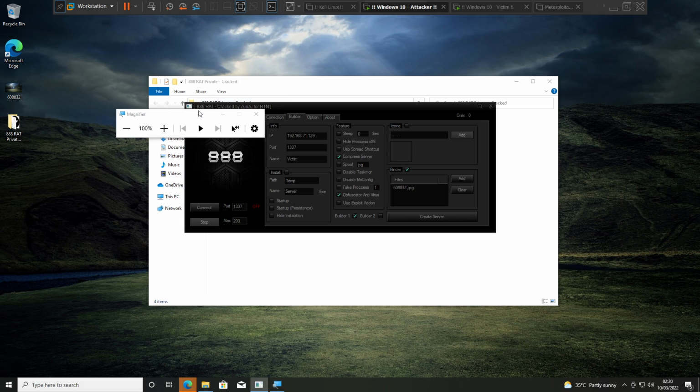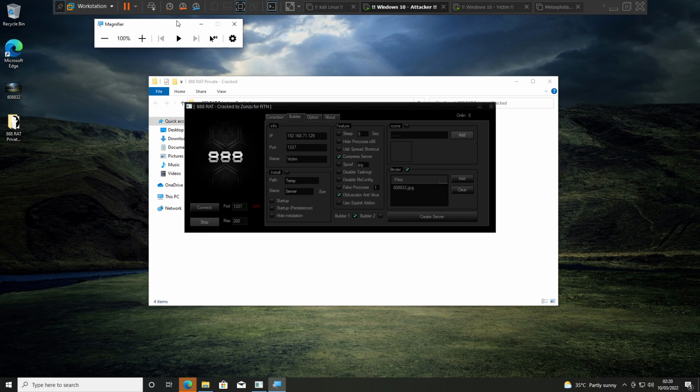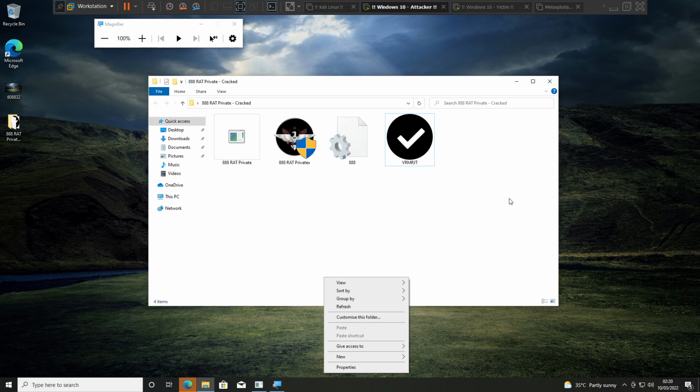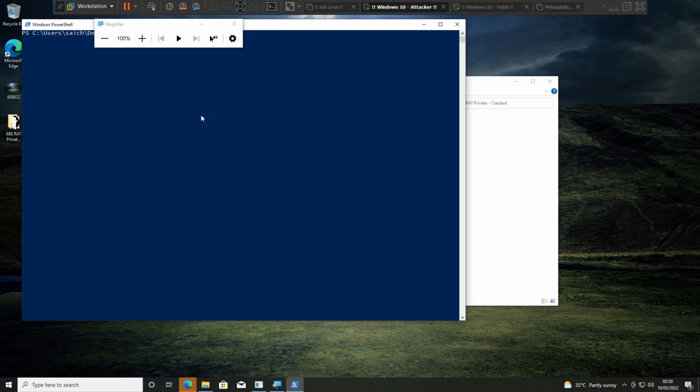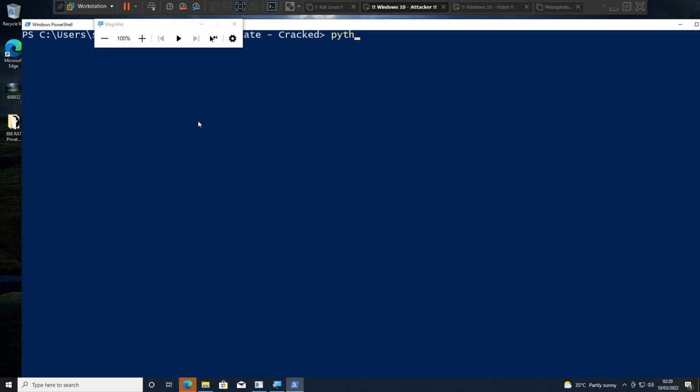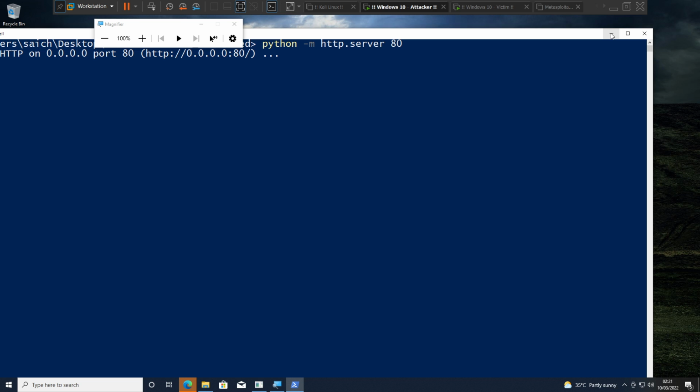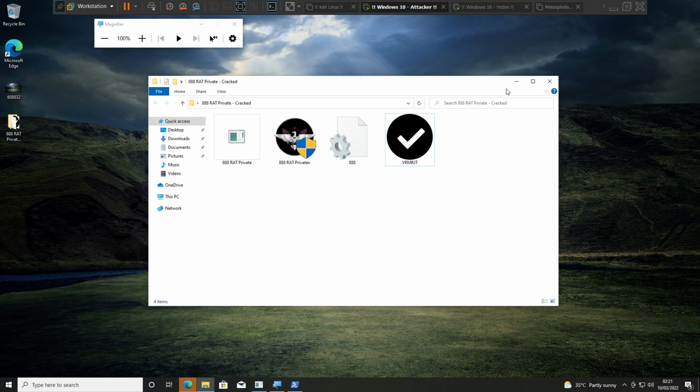But again, now remember the example of the letter and the postmaster. We always need a connection handler, yes or no? So let's start the connection handler here, right? And then let's send the file to the victim. For that part, I'll go with PowerShell. You can go with CMD as well, both are the same kind of thing. Go with the same command, python -m http.server on port number 80. Your server is running. Now just minimize the server and let's go to the victim machine.